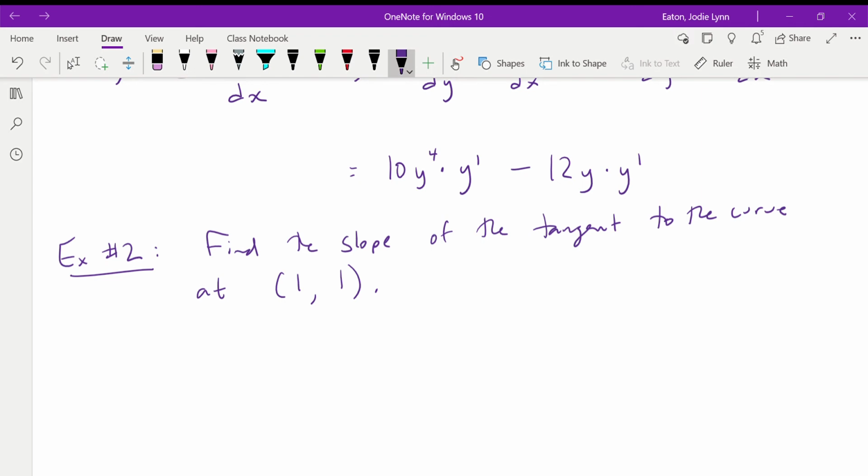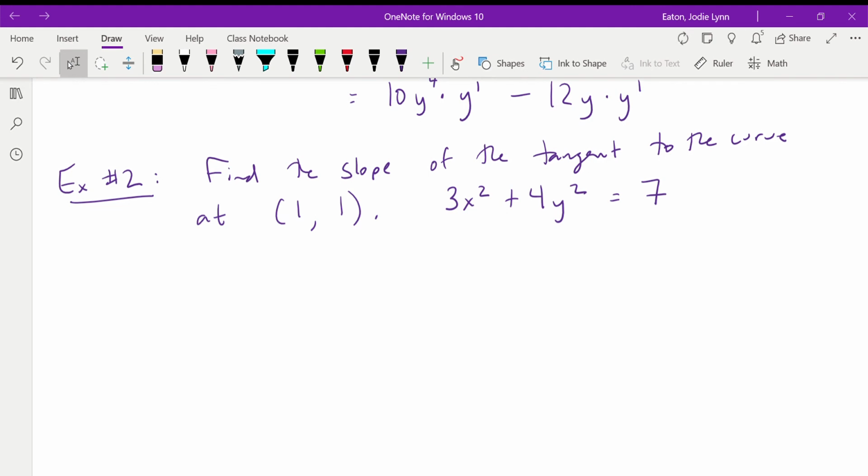So our curve is 3x squared plus 4y squared equals 7. For those of you who are not sure, this is a conic section. You can graph it in Desmos and see just what it looks like. If we actually take a look at what that graph looks like, you're going to notice